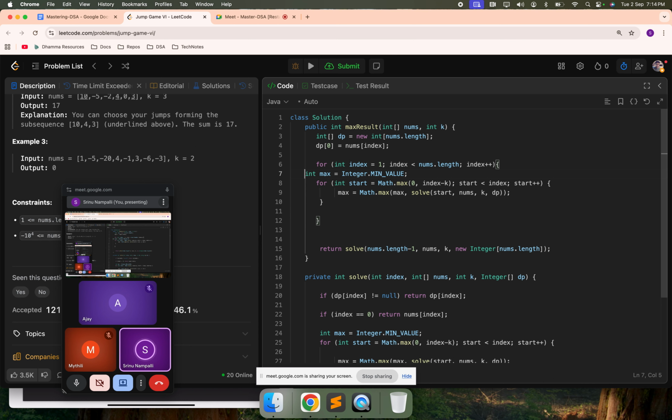So you keep on getting max. This is the max you got, right? So once you get the max, now it's time for you to solve it. If you closely see, right,